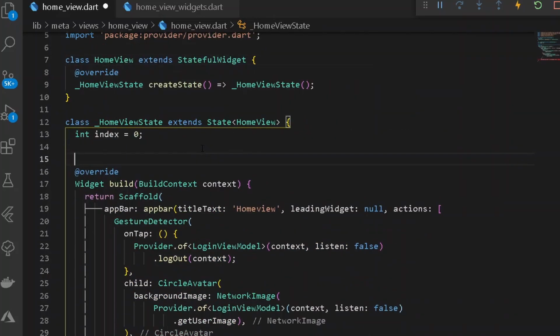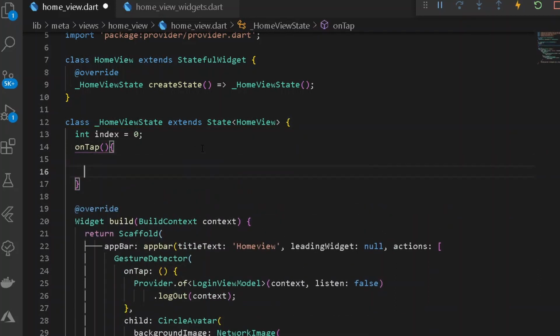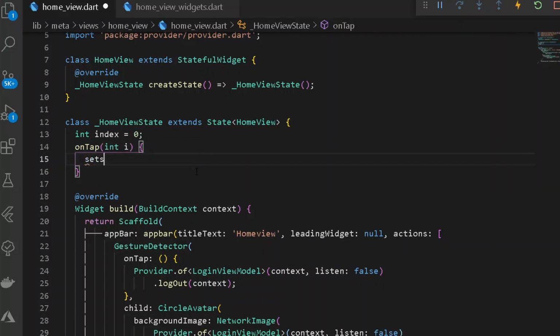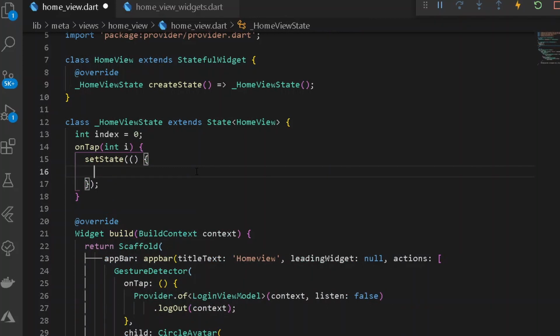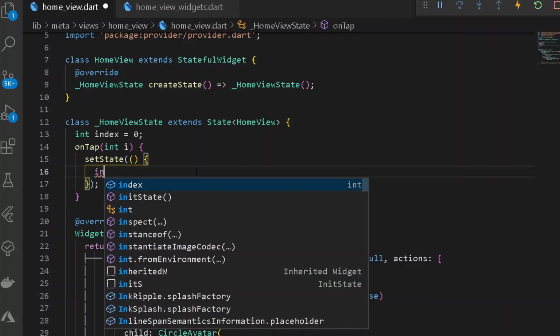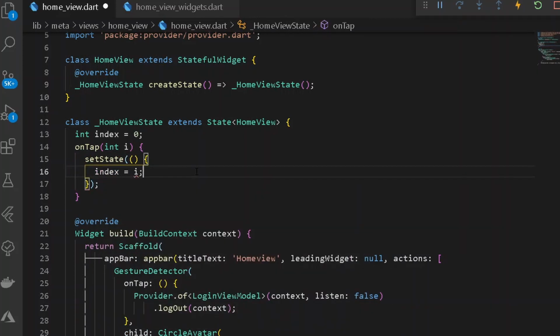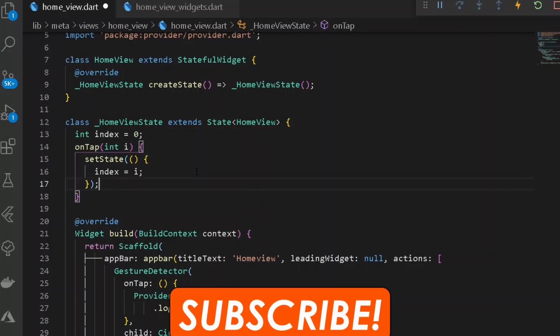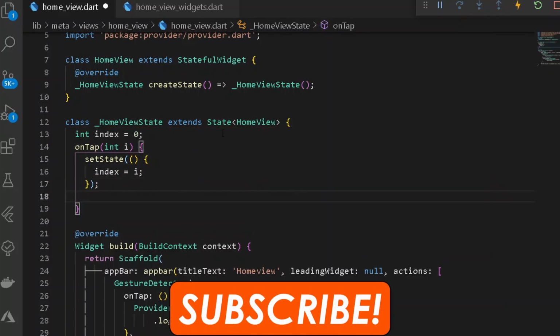So here we shall be creating a new method of onTap. So here on tapping over it, what we shall be doing is take a new integer here. So here let's have integer i, and here we can be simply setting the state of the current index. So here let's provide the following index, and this should be equal to i itself, and after that we shall be also requiring an entire page view for our application.